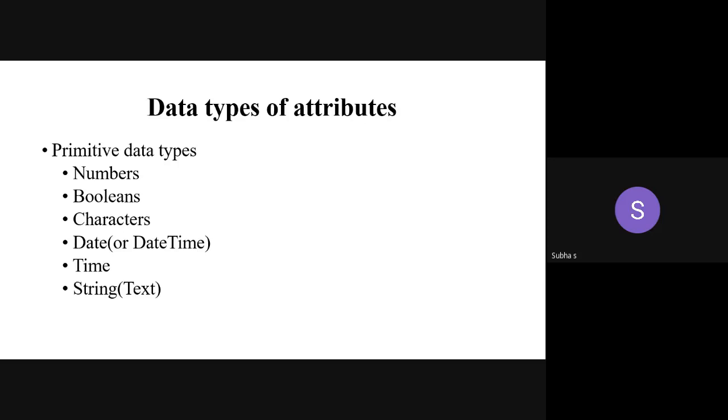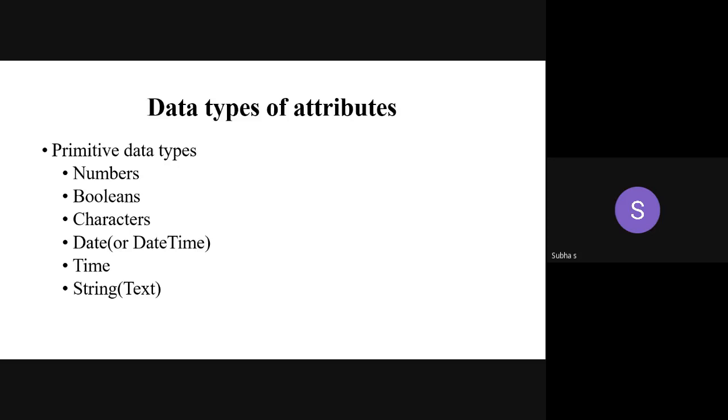So in number, what are you getting? Integers. Integer values can be used as numbers. You can give a float value also, colon float or colon real. So you obviously get numbers as the data type. Specifically you can give colon float, colon real, colon int, like that also. It depends on the programming language you are choosing.